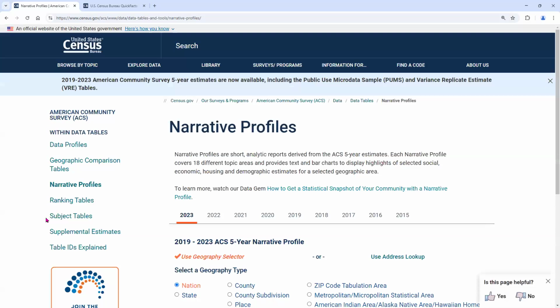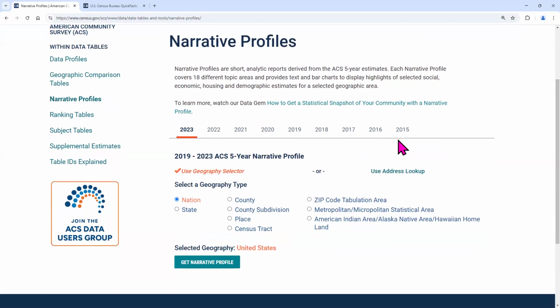Once we go into the landing page, it's similar to what you saw earlier, where we have all of the vintages available for you, which could go all the way back to 2015 if you wanted to do historical data for ACS. But again, this only applies to the 5-year estimates. If you're looking for 1-year estimates, we will have to go to the primary tool, which is data.census.gov. We will tackle that tool in the third series, I think, where we will dive deeper into ACS.